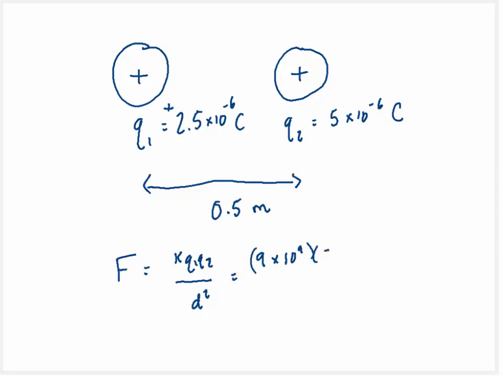Charge number 1 is going to be 2.5 times 10 to the minus 6. Charge number 2 would be 5 times 10 to the minus 6. And the distance of separation is going to be 0.5. Again, please don't forget to square that. Very often I see that. And of course, on multiple choice, you're going to see that option. And this force of attraction would be